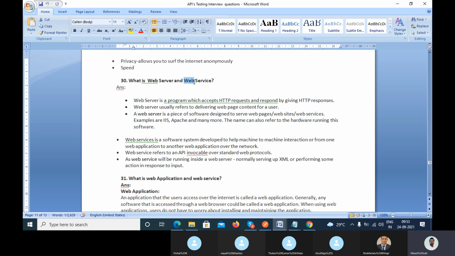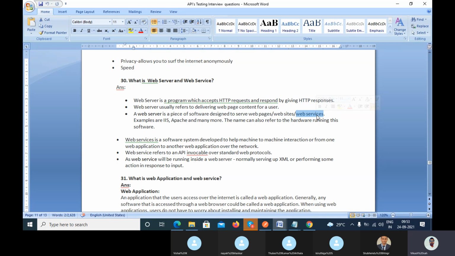If you talk about the web service, we are using the REST web service and the SOAP web service, which is hosted inside the web server, kept inside the web server. So inside the web server, we are storing the web page, website, and web services.